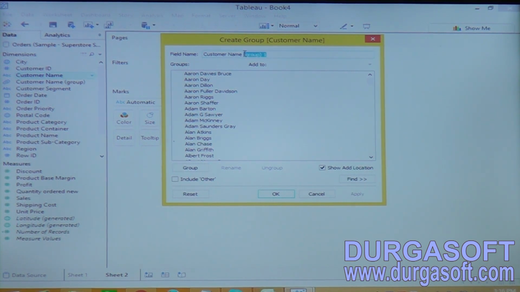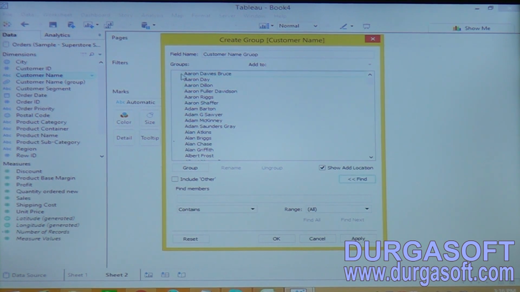Rename the field name as customer group. My requirement is I want to create a group for the dimension member or customer names with all the letters which start with A.